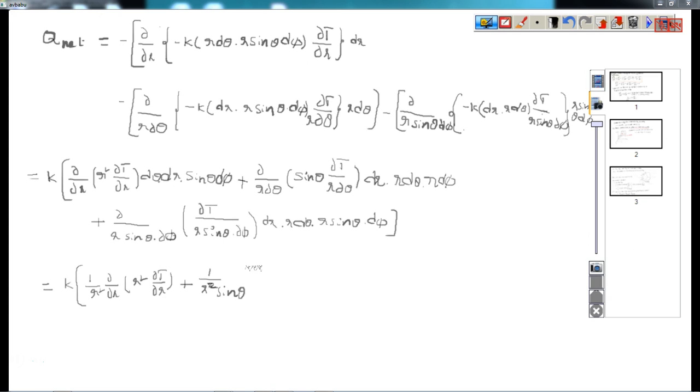I am taking out 1 by r square sin theta, and I will put here